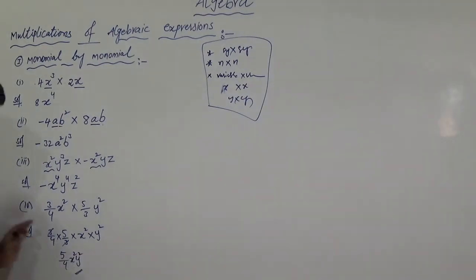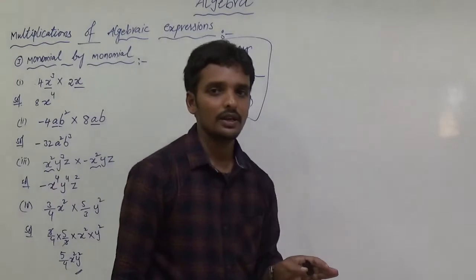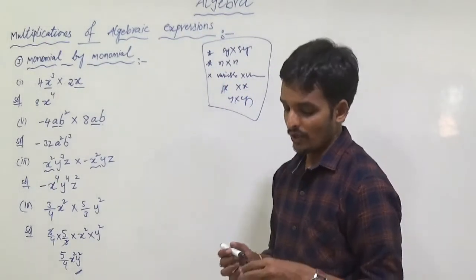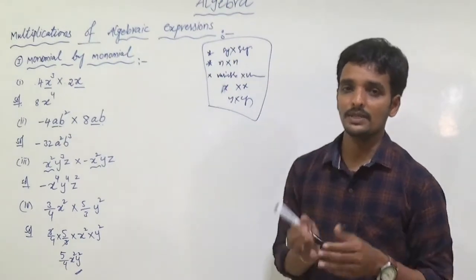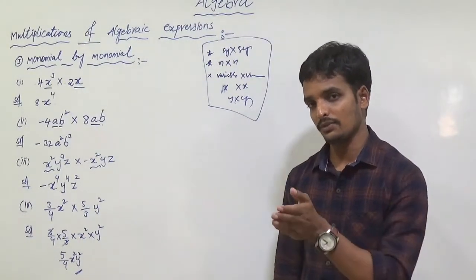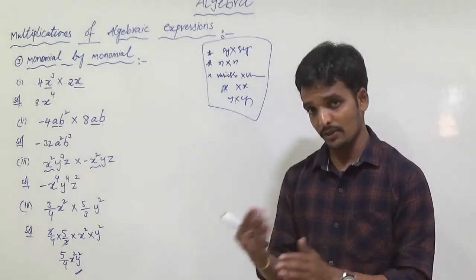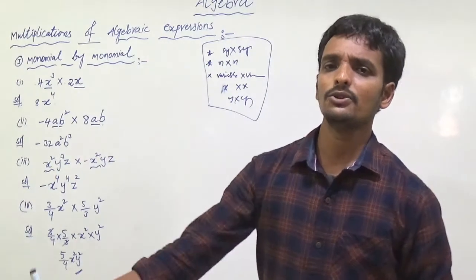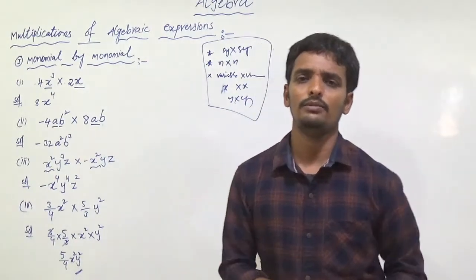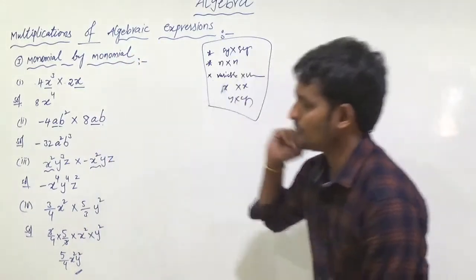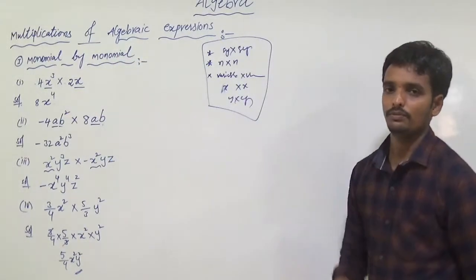This is the answer. So whether we have fractions, decimal numbers, negative numbers or positive numbers, we have to follow the steps. The first step is symbol into symbol, the next is number into number, then x variables into x variables, y variables into y variables. If x variables are in the first term and not in the second term, write as it is. Are you okay, my dear students? Note down the monomial by monomial.